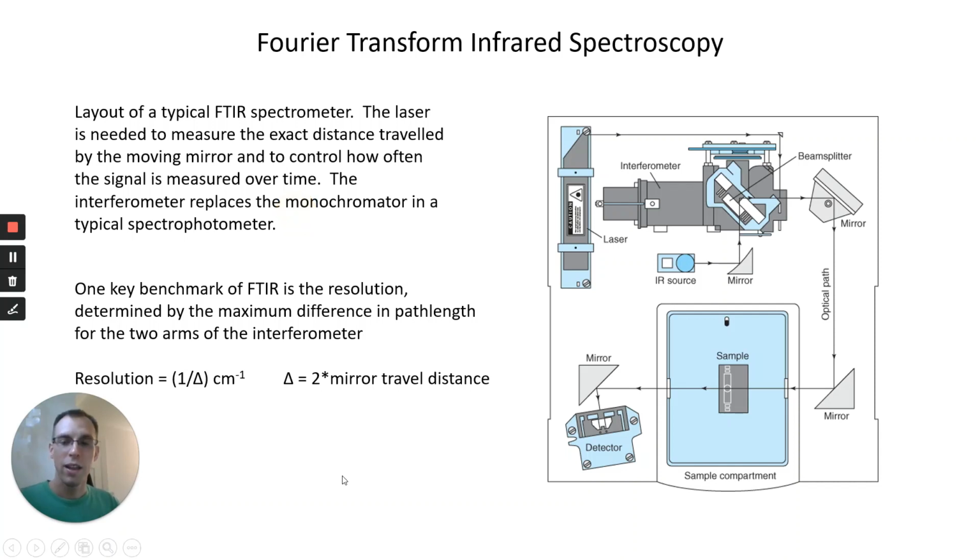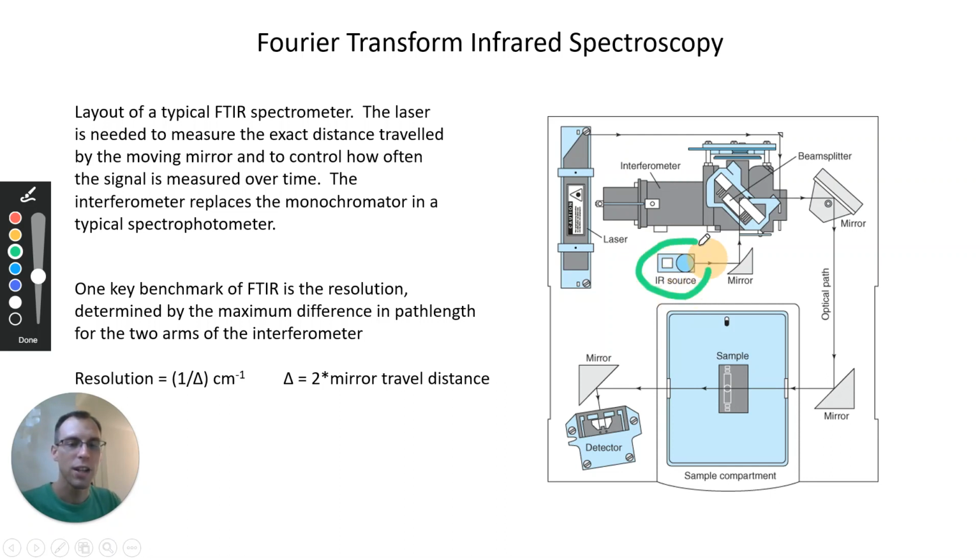Now this is what a typical FTIR spectrometer looks like. We still have the same basic idea, but instead of a monochromator, now we have this interferometer to be able to measure all of our different frequencies. So we have our light source down here, and in most FTIRs nowadays, there's also a laser,